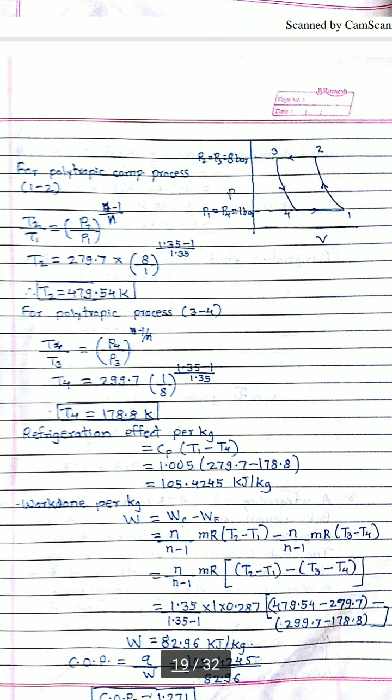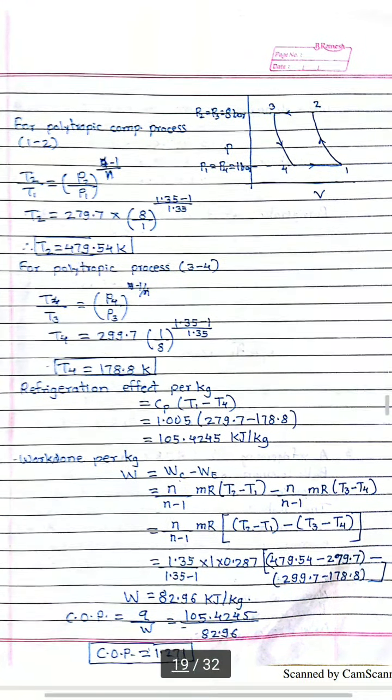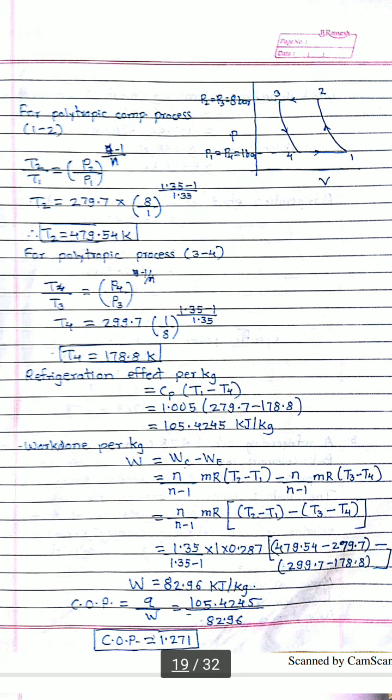I'm sorry, here they have given a polytropic process, so you cannot go for the previous method. Sorry, I have not seen here. The process is given as a polytropic. So if the adiabatic process is given, you can easily calculate by the previous method, that is (T1 minus T4) upon (T2 minus T3) minus (T1 minus T4). But please remember, the process should be isentropic. Here the process is given as a polytropic.